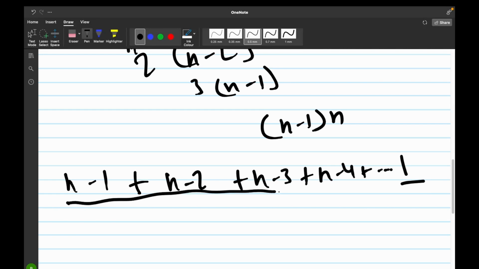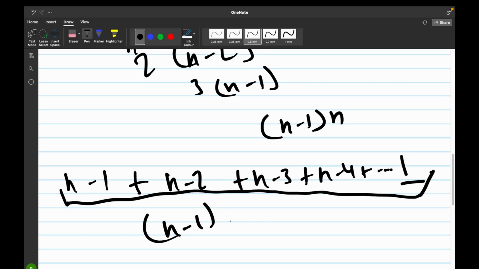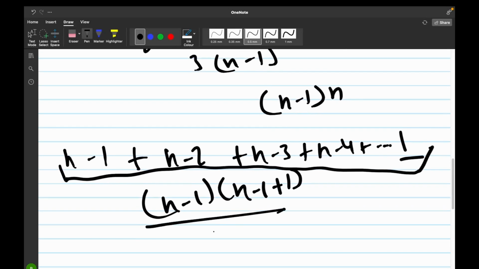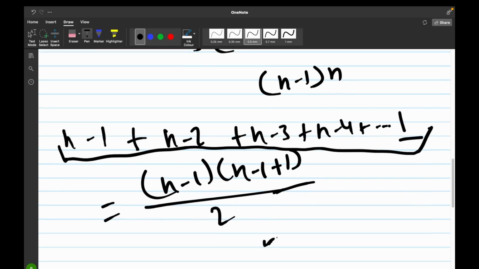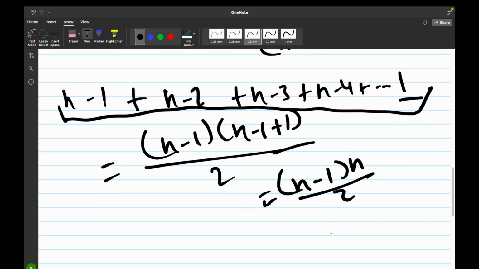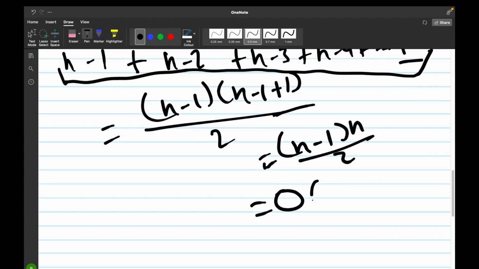So total operations we are doing to find the maximum profit is (n minus 1) into (n minus 1 plus 1) by 2, sum of n minus 1 natural numbers. So that is (n minus 1) into n by 2, which gives us a time complexity of big O of n square. That's why our algorithm is that slow.